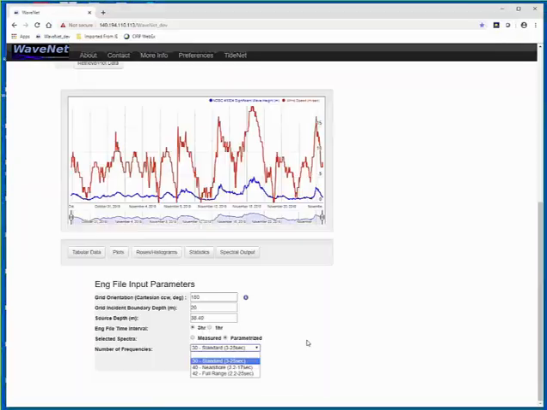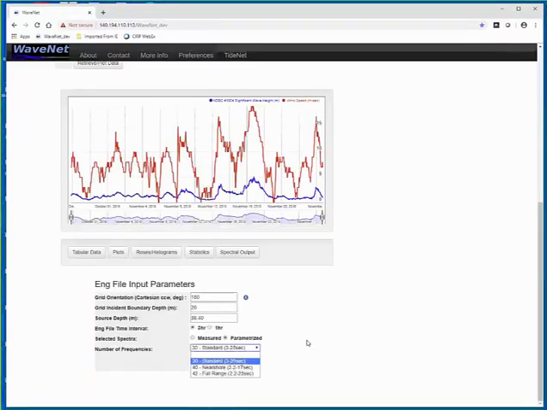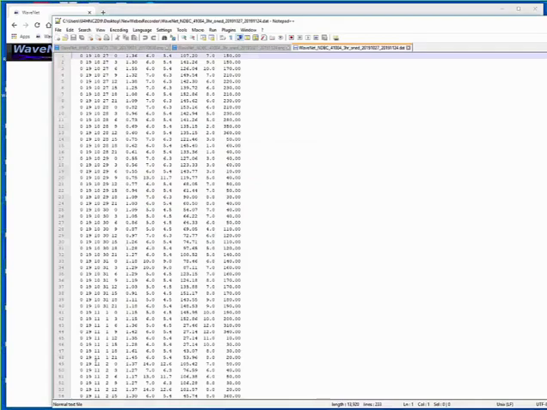If you want to generate your own spectra in SMS, we provide the parameters that you need to supply to SMS. SMS will generate a similar ENG file to what we're doing here on the fly. But some users may prefer to download the data from here and then go there and later generate their ENG file and so on.